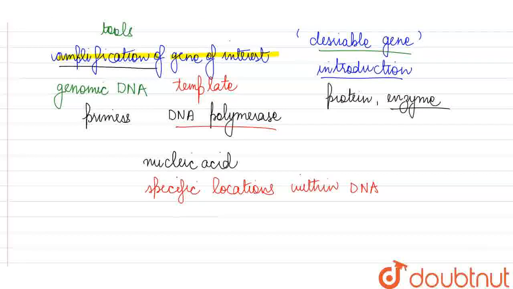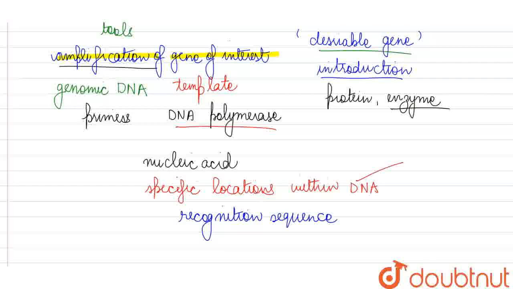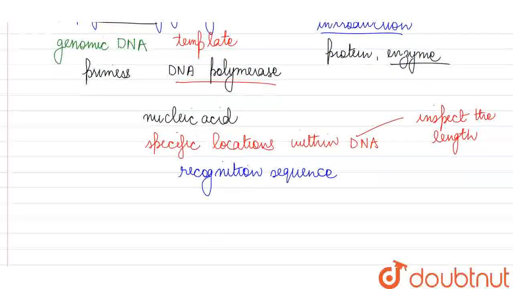So what we do with the help of restriction endonuclease enzyme, we can take any genome that we want, and there are different types of restriction enzymes, all of which are going to have a specific recognition sequence. So wherever they are going to find this recognition sequence, this nucleotide sequence in the length of the DNA, when we expose the DNA to these enzymes, they are going to inspect the entire length of the DNA strand, and whenever they find their recognition sequence at that specific location, they are going to make a cut in